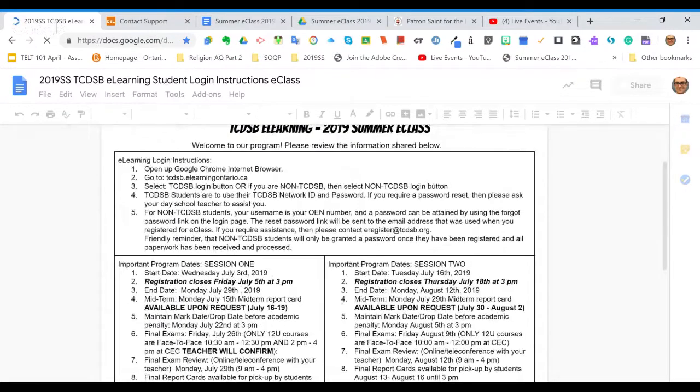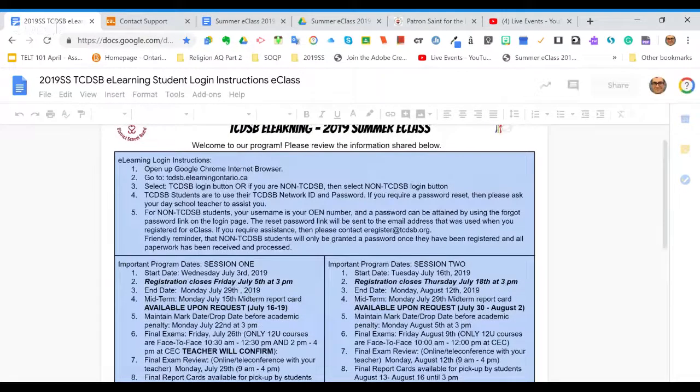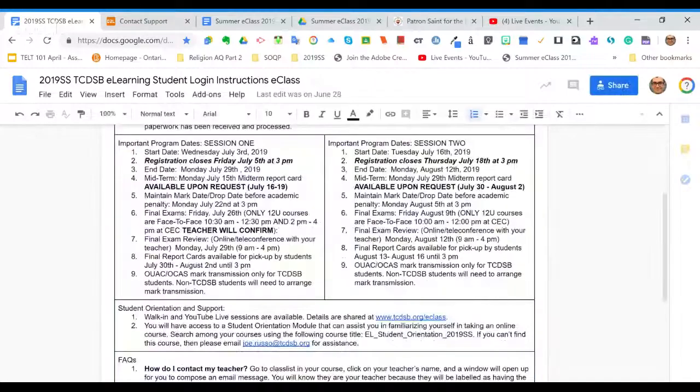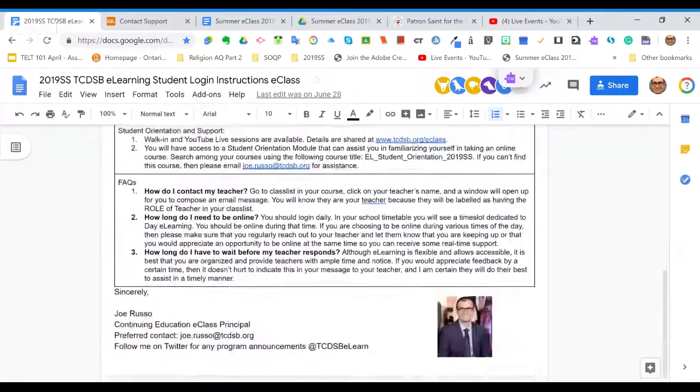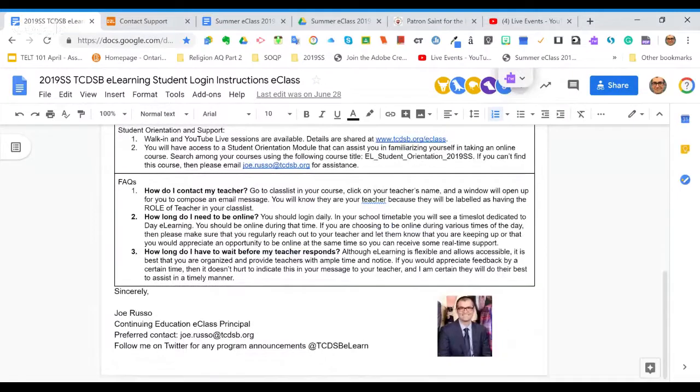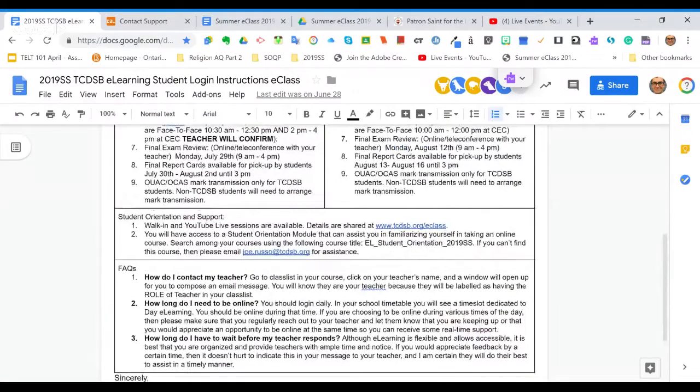It gives you a heads up on all the key information for logging in, and it also tells you details around Session 1, Session 2. You can see there's a whole bunch of people on there already. And then in terms of other frequently asked questions, there you go. You've got other questions here, a lot of stuff that students have asked in the past. Okay, I'll just let you read that while I look at the chat area.